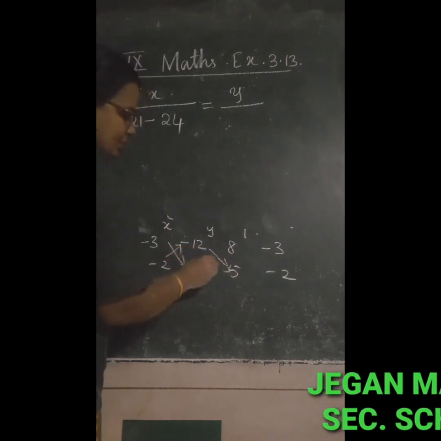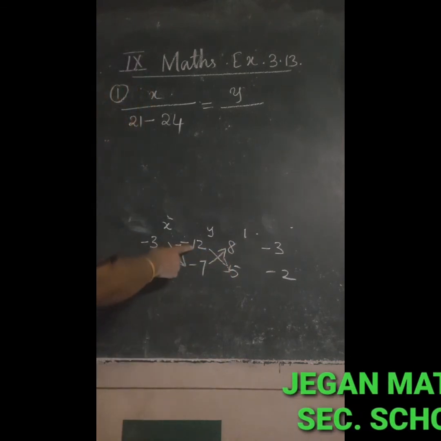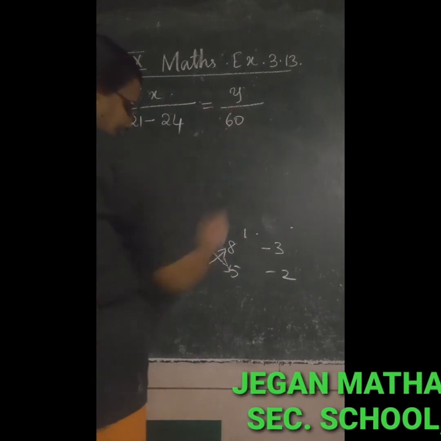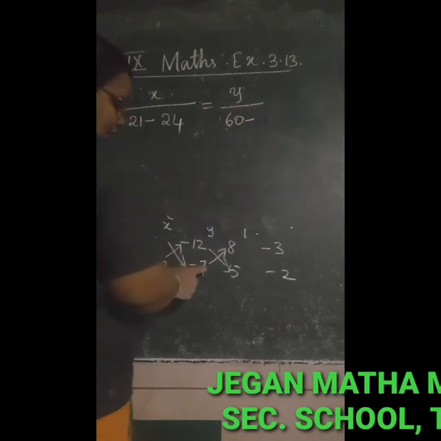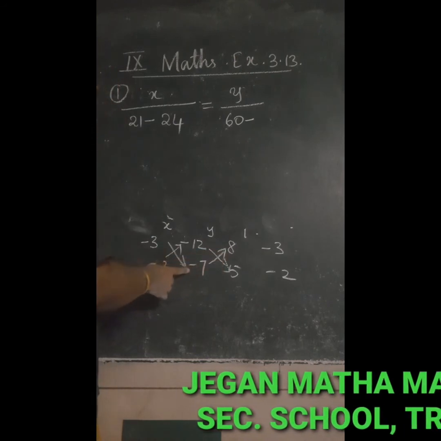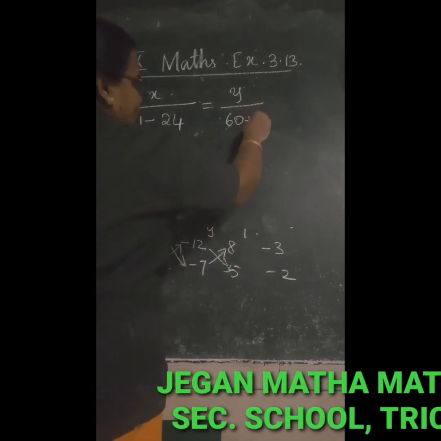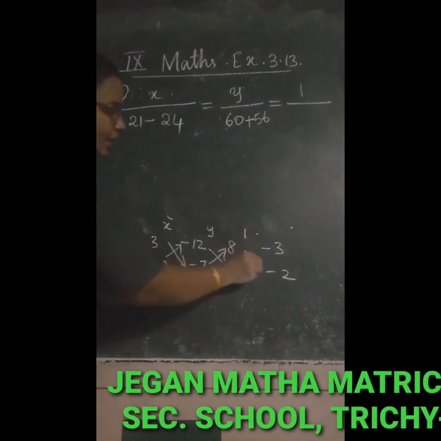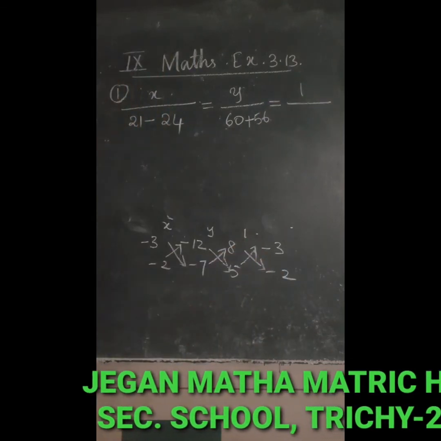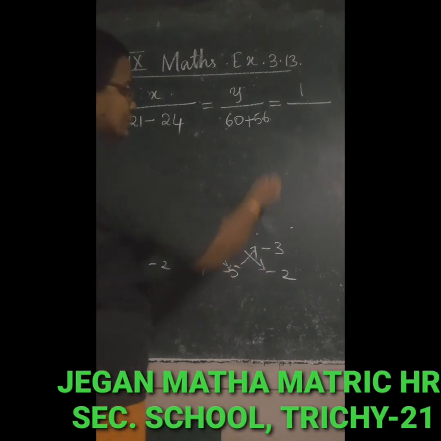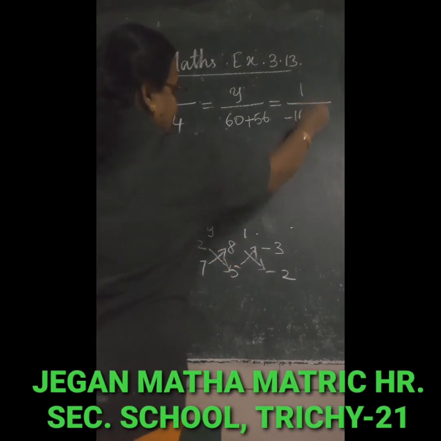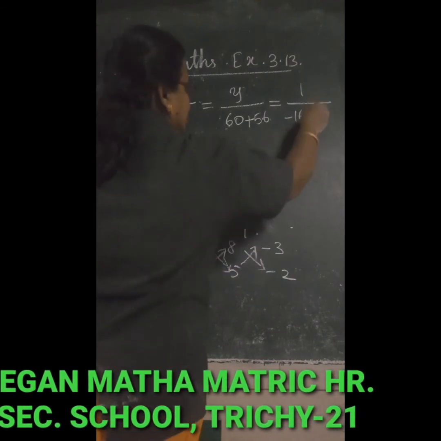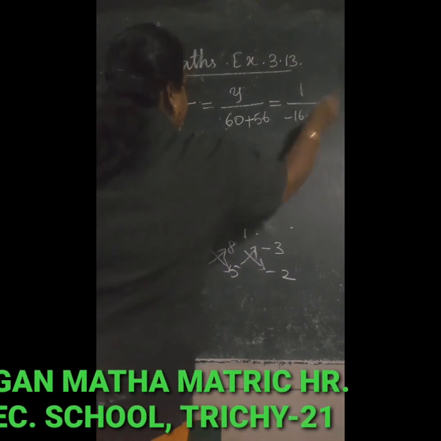here you have to cross multiply for the y term. So minus of minus is plus, 12 5s are 60, and again minus here, and 7 8s are 56. Here one minus is there, so put plus 56. So that is equal to 1 divided by, another cross multiplication: 8 2s are 16, so minus 16, and minus of minus is plus, 5 3s are 15, so minus 15 only.